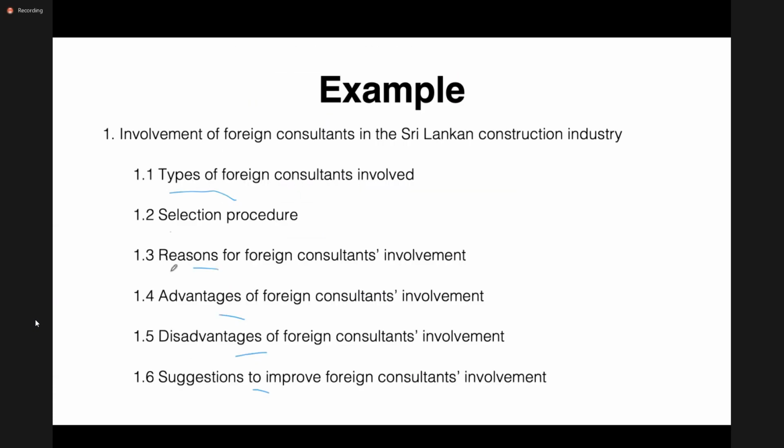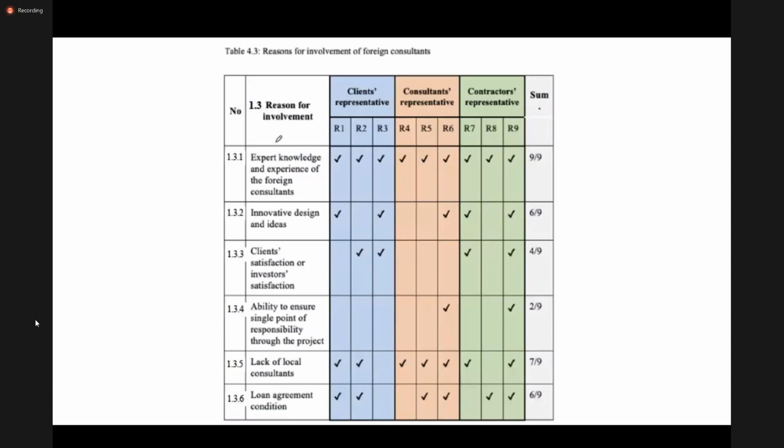And if you take one of these, for example, reasons for involvement, you can see the different codes that have been categorized under that particular theme.